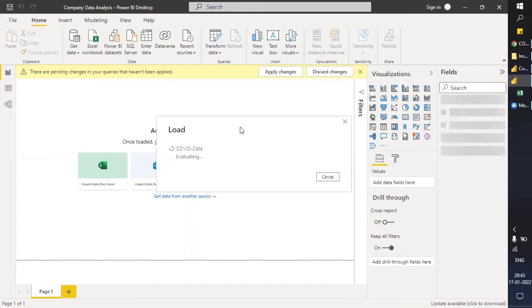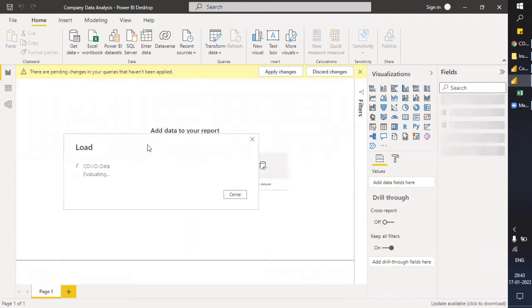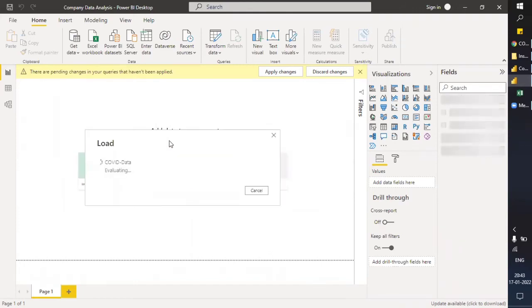You can see the data is loading now. It will take some time. For the time being, let's pause this recording so that our time is not wasted.